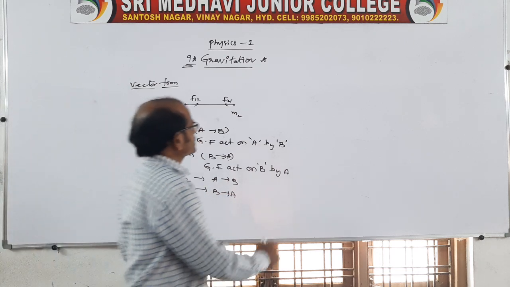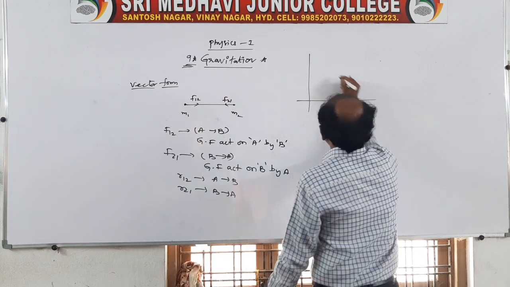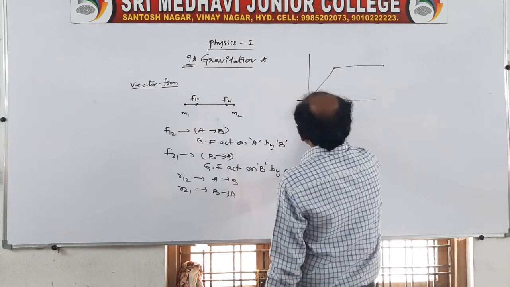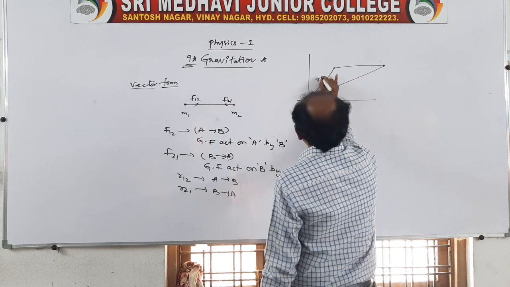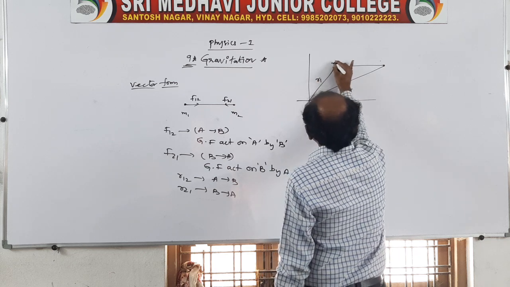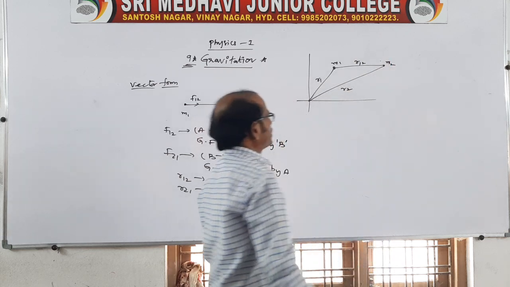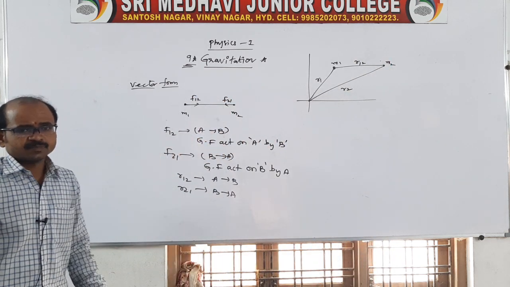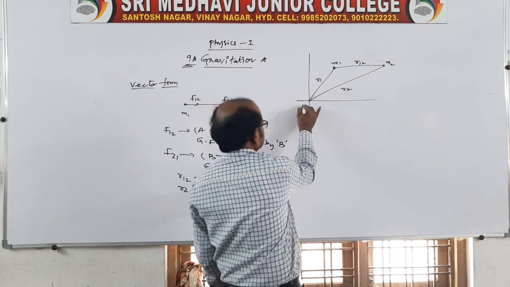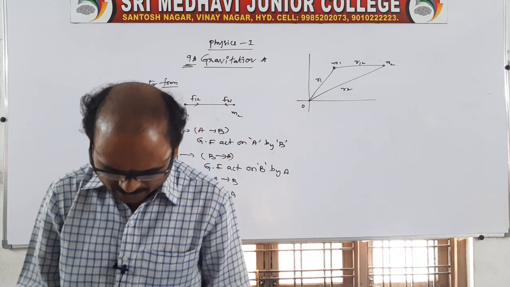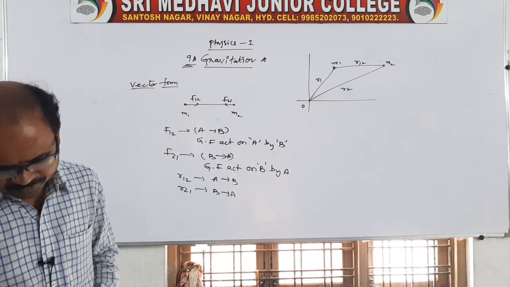See, these two particles which are located like this, in general, we can say like this. This is one distance and this is another distance, R1 and R2. There is a particle M1 and there is a particle M2. The distance between these two is R12 or R21, you can take it like this. This is from the origin. We are saying it in vector form, therefore we can say like this.